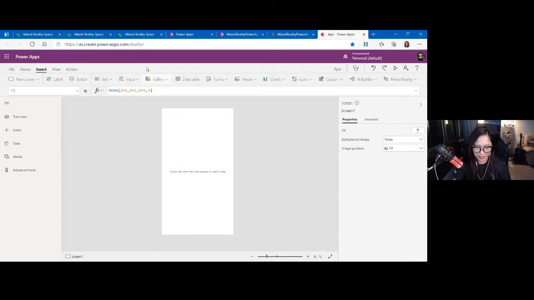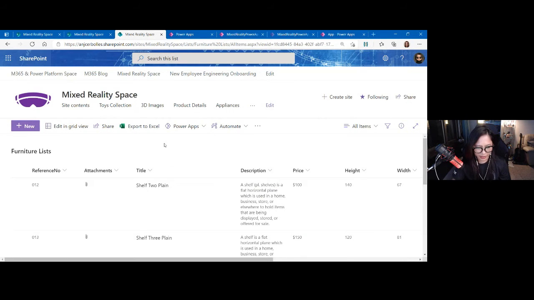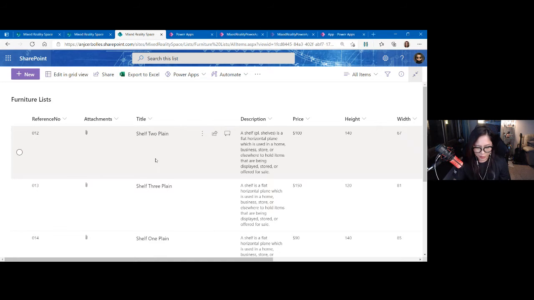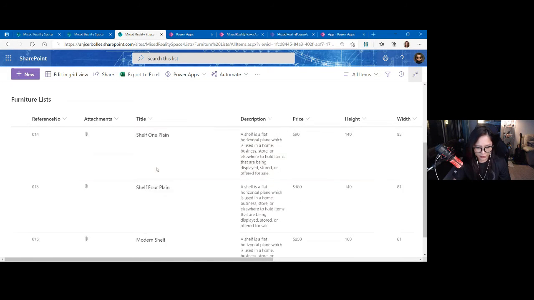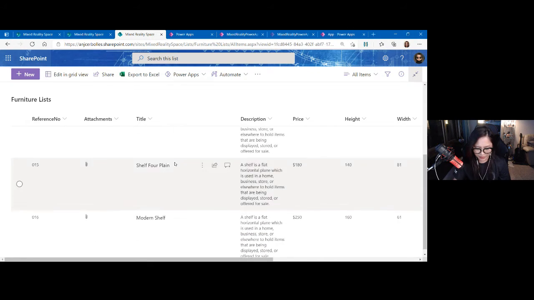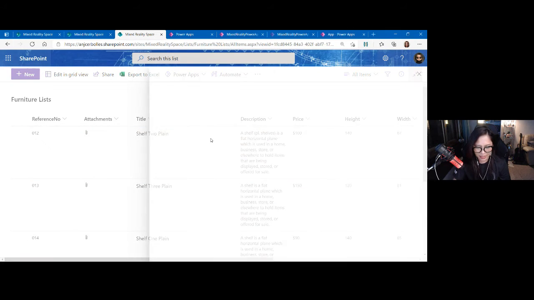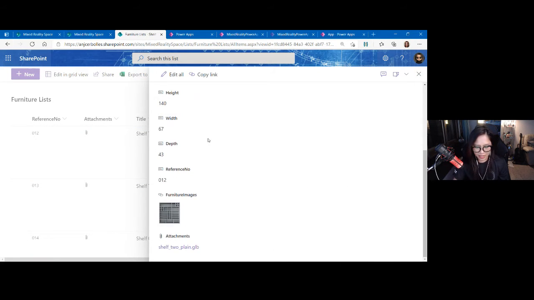Our data source is stored here in SharePoint. I have a SharePoint list with all the furniture, and each item has an attachment, which is a .glb file, as you can see here. We're going to use it later when we add it to our Power Apps.